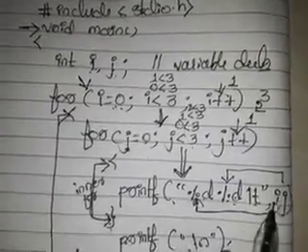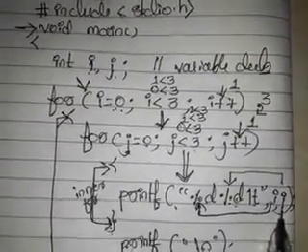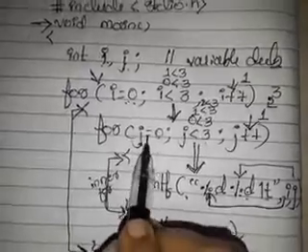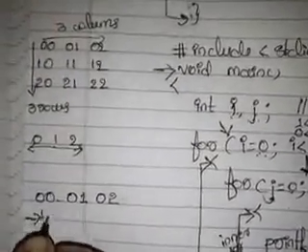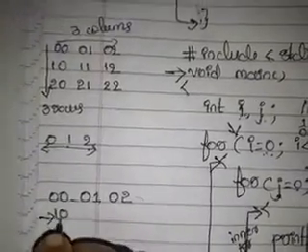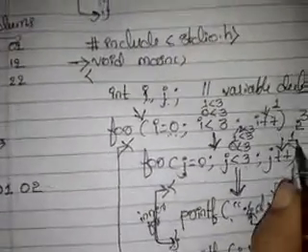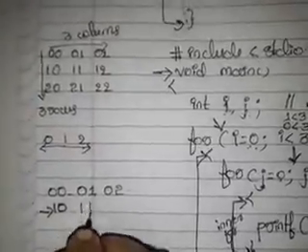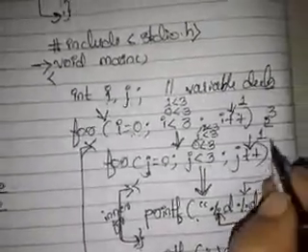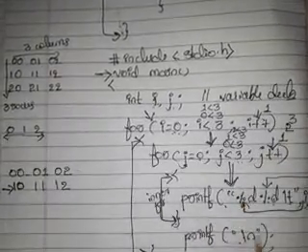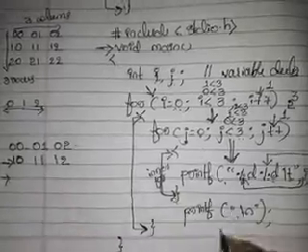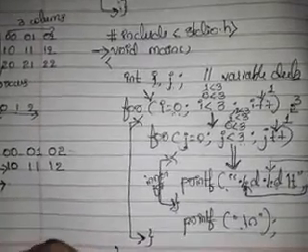So what is the value of i right now? 1. What is the value of j? 0, because again it is initialized. In the sense, the next value to be printed is 1 0. The value of i is 1, j is 0. Next j++, it will become 1. That is nothing but 1 1. j++, it will become 2. That is nothing but 1 2. Next j++, it will become 3. 3 is less than 3. Obviously it is false. As it is false, it will come outside. In the sense, it will take a new line.